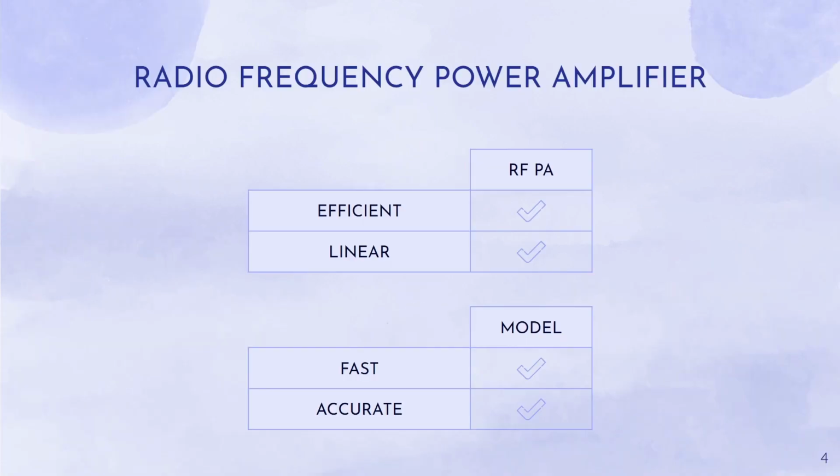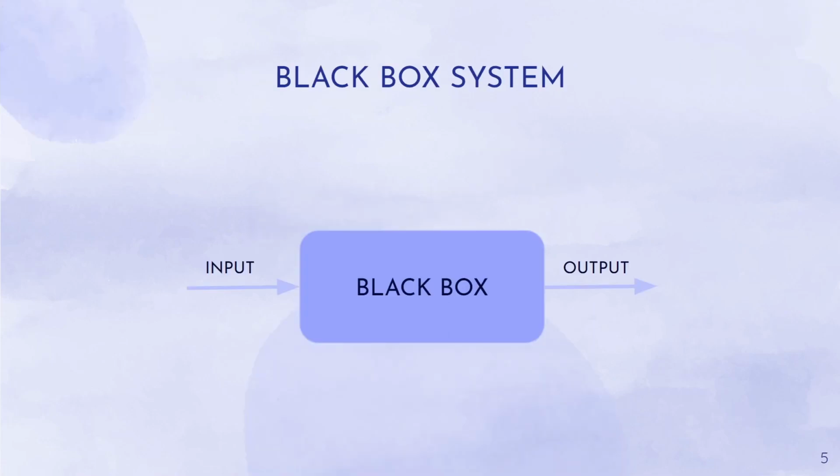Introduction. The radio frequency power amplifier needs to be efficient and present a linear behavior. To do that, it's essential a model that at the same time runs fast and does not compromise its accuracy. In this article, we'll be using a black box system to model the behavior of the power amplifier. This approach focuses on the input and the output of the system, and does not concern about physical details or